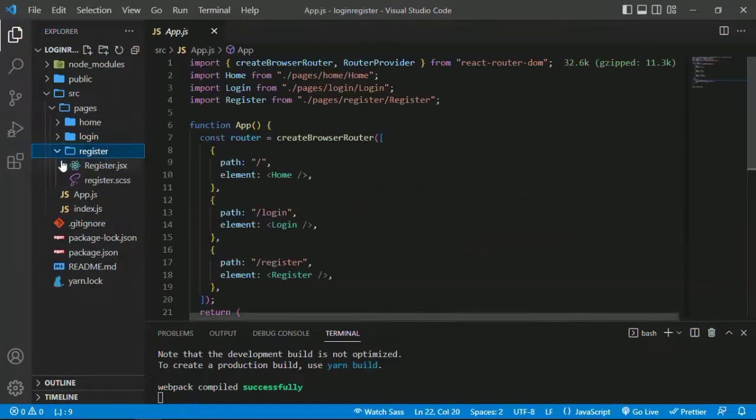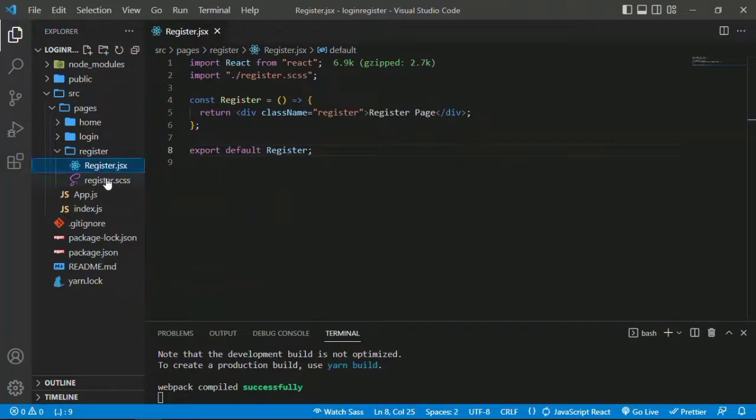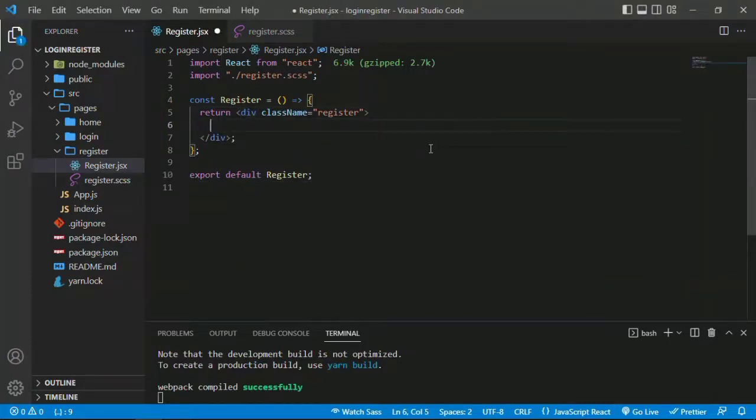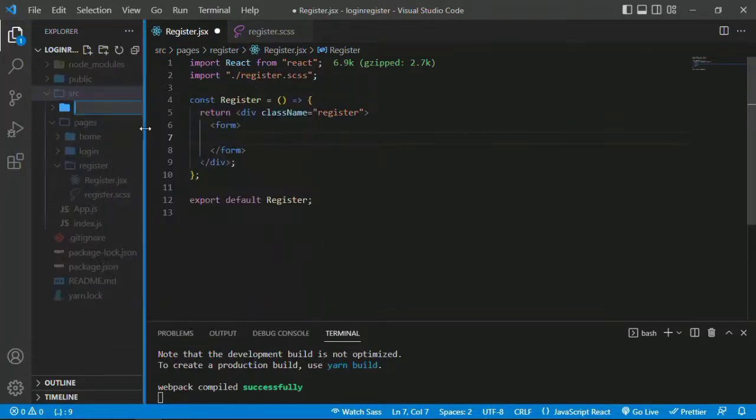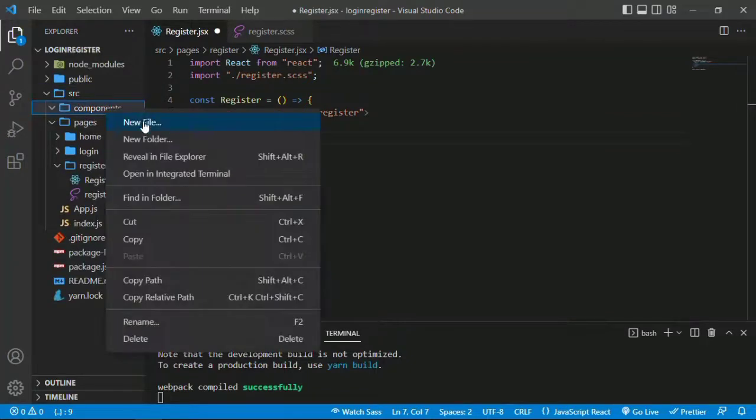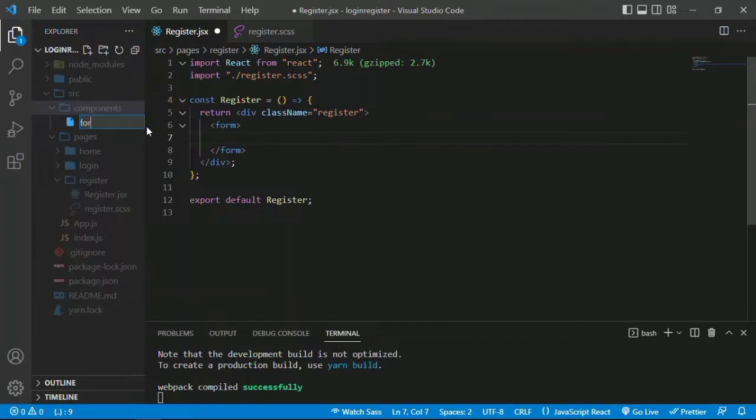All right, so let's build our register page. All right, so here I'm going to have my form, but I don't really want to have my form fields in here. I'm just going to create a component for it. So here I'm going to say in my form tag, I'm going to have my form input here as a component. So let's create a folder here, components. So here I'm going to say components, and then in here I'm going to create a file, say form